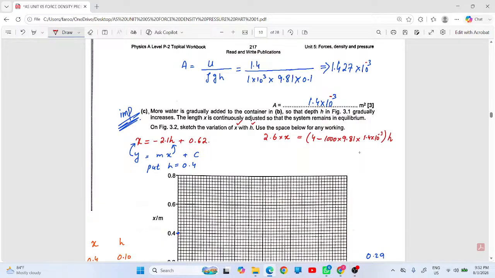Next is, यहाँ से इसको सॉल्व करें, देखें क्या आता है आंसर।